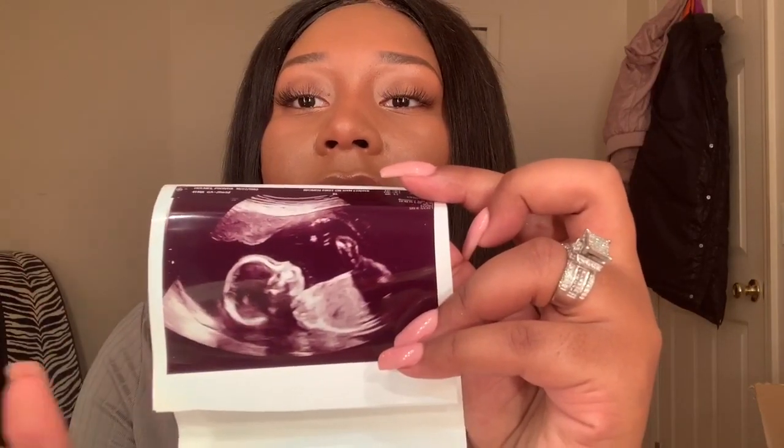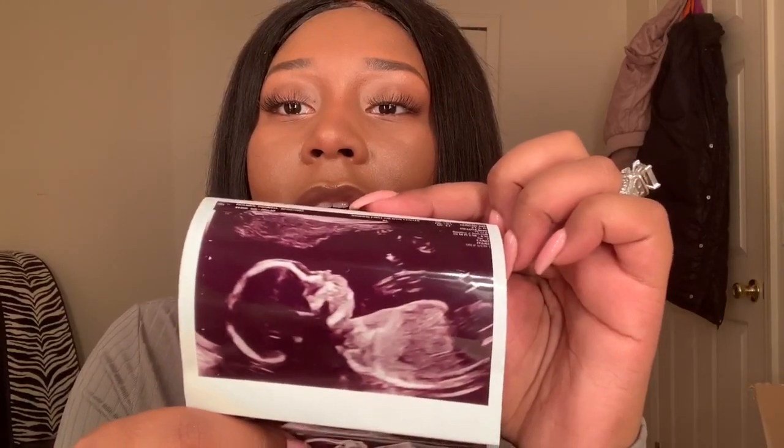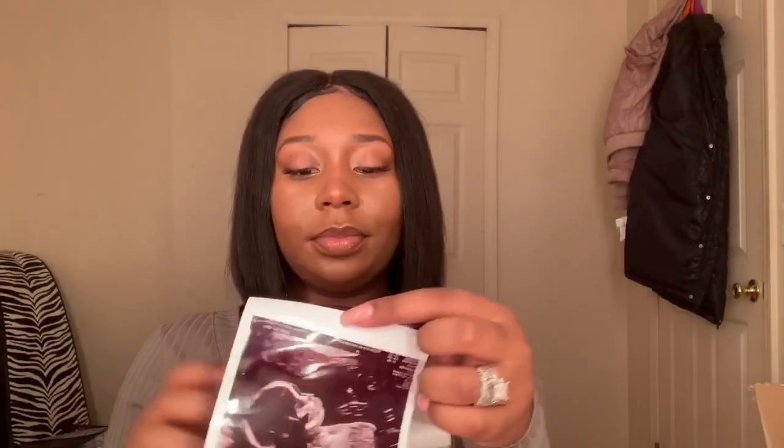And here's baby. You just see the head and the leg and the little feet and toes. And then here's a cute profile of baby. Then here is a picture of the foot. And I do have another picture,